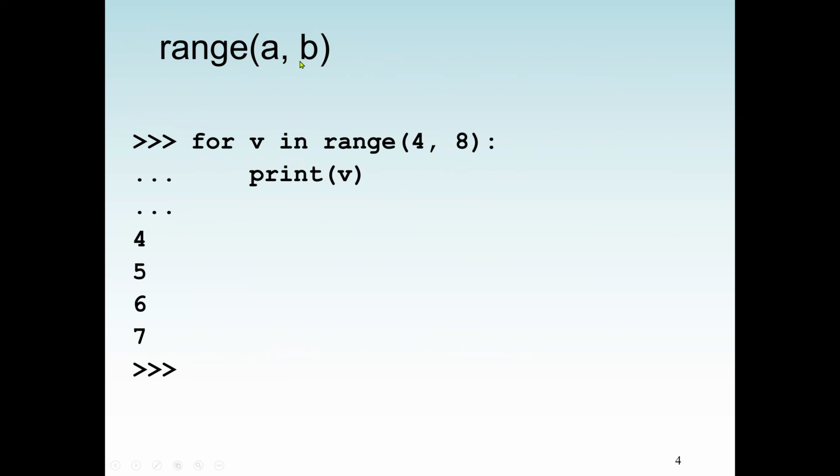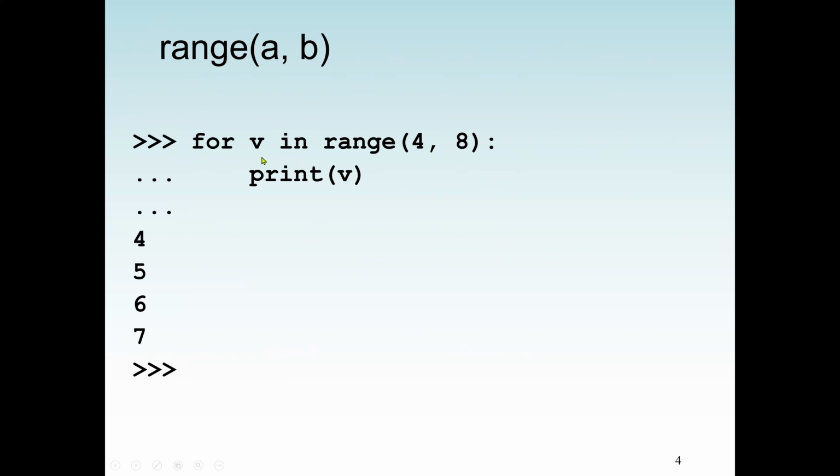And also, we may have a third value which will tell us how many steps we have to take. So if I have 4 to 10 and 1, it means I'll go 4, 5, 6, 7, 8, 9. Now, if I have 4 to 10 and 2, it means I'll go again, if I start from 1, 3, 5, 7. And we will discuss that. For now, we should know that the range here is 4 to 8,